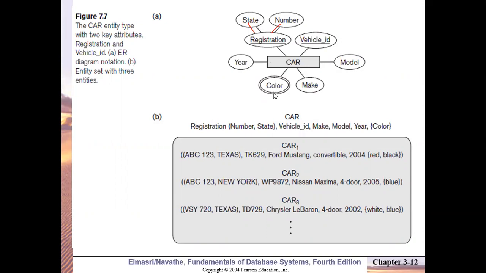Now, apart from that, there are some attributes which are called key attributes. What are key attributes? We are going to have different definitions of this later. Now, the same terms will have the same concepts that we have learned.